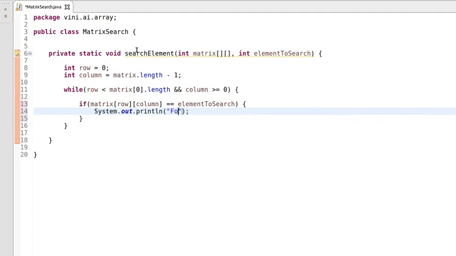We'll say found element, the searched element, at index row, and we are using column here.